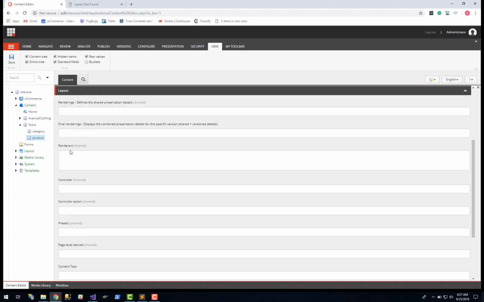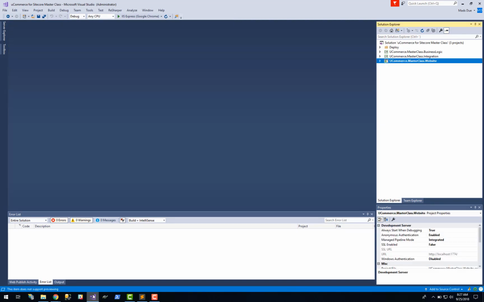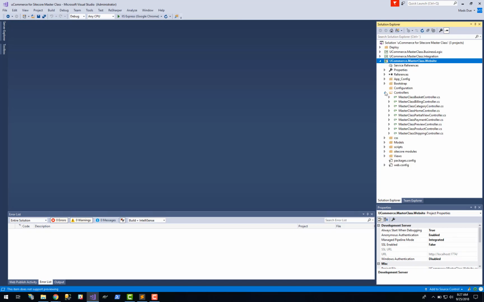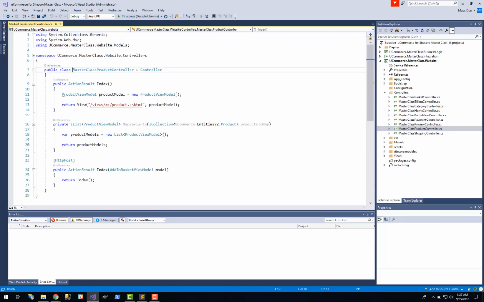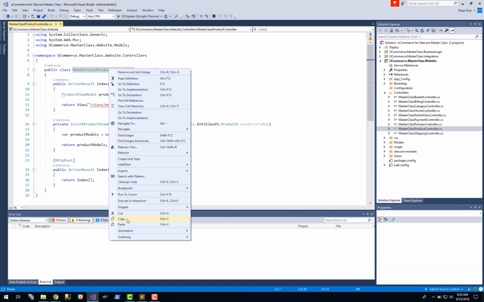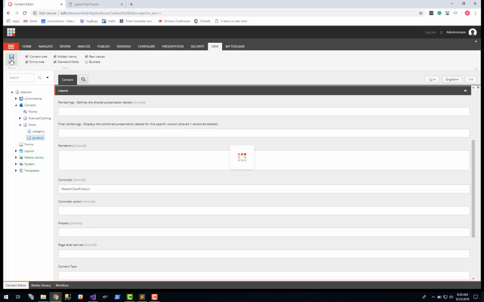So underneath the layout tab here, when standard fields and raw values is enabled, we will have to set the controller that is populated from our masterclass solution based on the deploy script. So if we go back to our Ucommerce for Sitecore masterclass solution, into the website project, controls, masterclass product control, which will be responsible for presenting the product details. We will take the first part of the name here, copy that into the controller field here, save it,